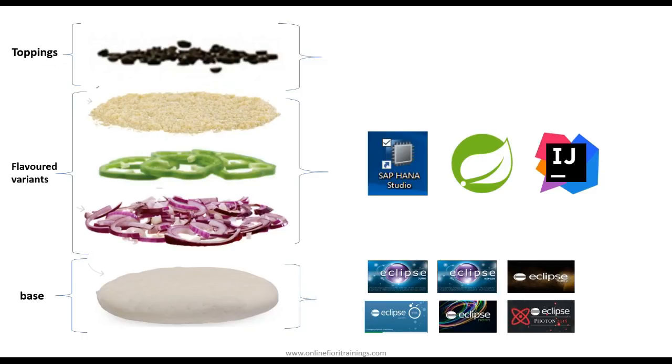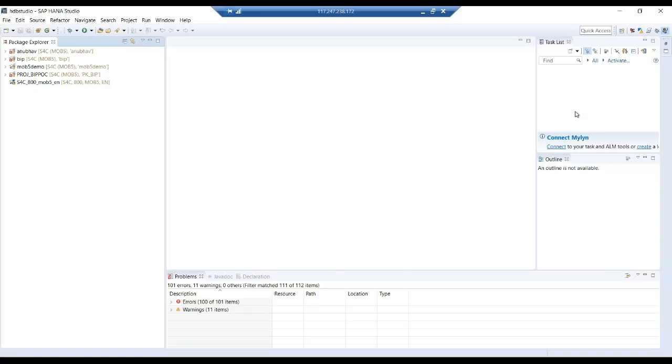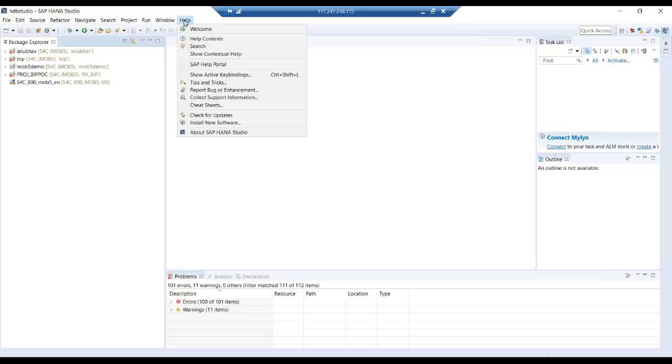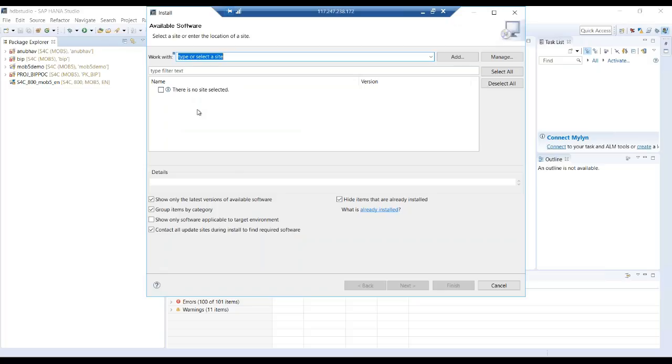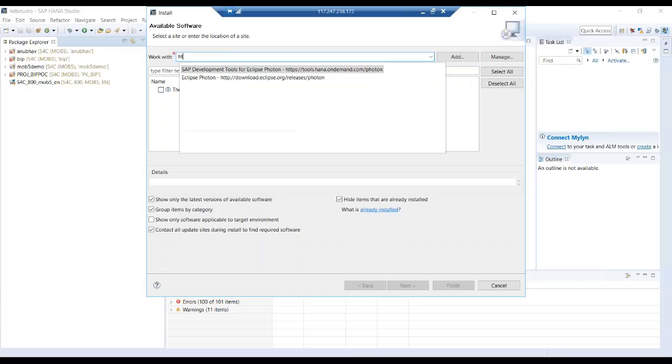You can add extra toppings such as chili flakes, oregano, black olives, a lot of different things. Similarly, Eclipse can have extra tools installed. My favorite tool is ADT, ABAP Development Tools in Eclipse. It can be installed not just on any Eclipse, but it can be installed on HANA Studio, and that's what I did. If you have HANA Studio, you can also install an extra topping, and that's what we do here in the help system. Go to Help, Install New Software, and for anything related to SAP, you can always go with